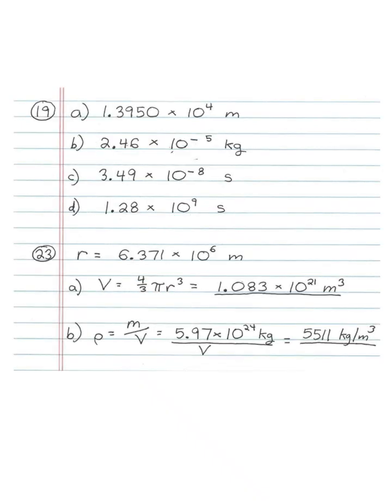Number 19, a 4-part problem, express the following in scientific notation. And so we get 13,950 and we're going to make it 1.395 times 10 to the fourth. So you move the decimal point over 4 spaces, and it's times 4 powers of 10. The next one,